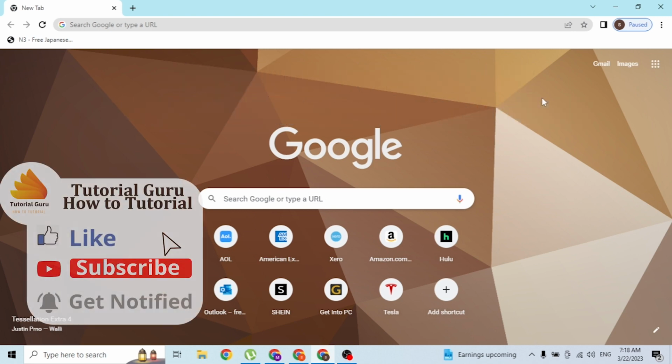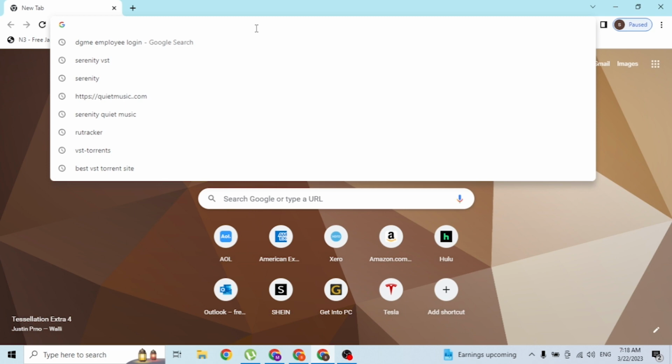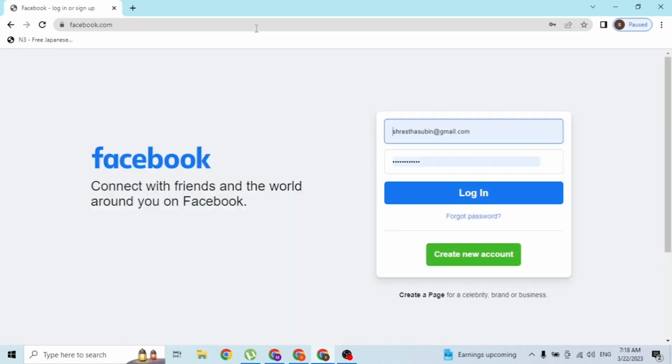Now to log into your Facebook account on your computer, first open up your preferred browser. As I have already opened Google Chrome, on the search bar, click over there and type in the address facebook.com like this and hit enter, and then you'll be redirected over here, which is the home page of